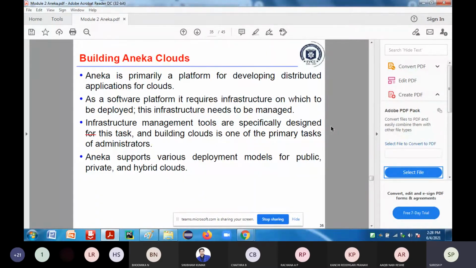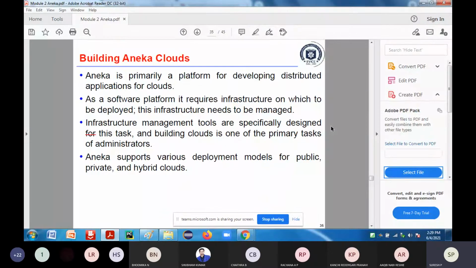And after that software platform is deployed, the infrastructure you are going to utilize has to be managed. Yesterday I told you that depending upon the requirement of the user, or depending upon the usage of the application, that is, with respect to compute intensive applications and data intensive applications, the requirement for your infrastructure will be different. So even that infrastructure has to be managed at that time.